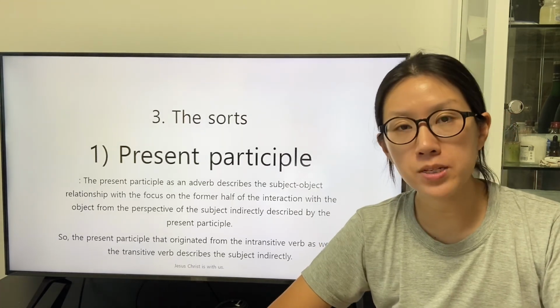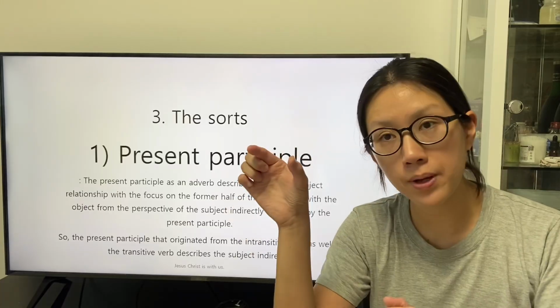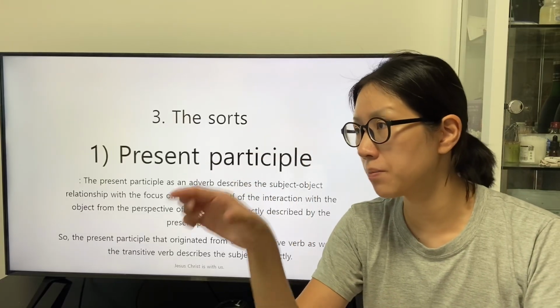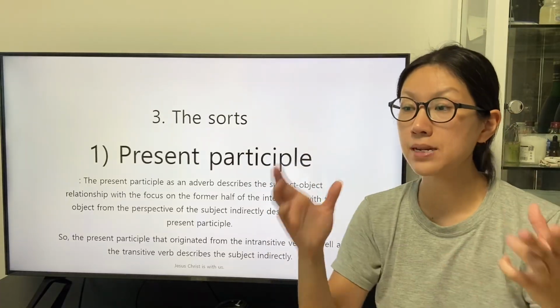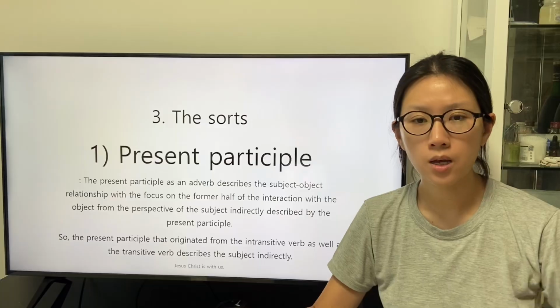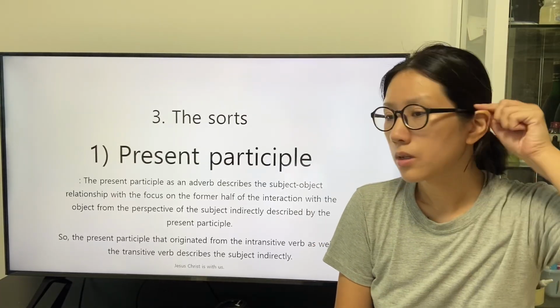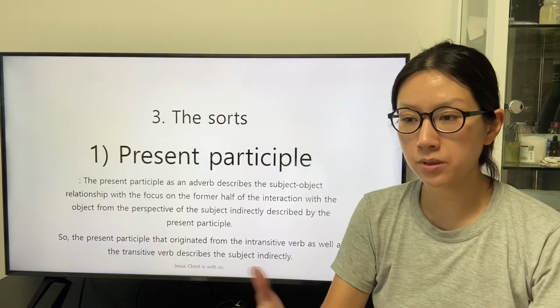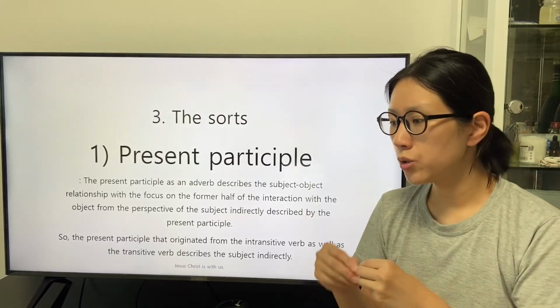The present participle as an adverb describes the definition of the verb, and the definition of the verb describes the subject. So we can understand that the present participle describes the subject in an indirect way. The present participle describes the subject to start